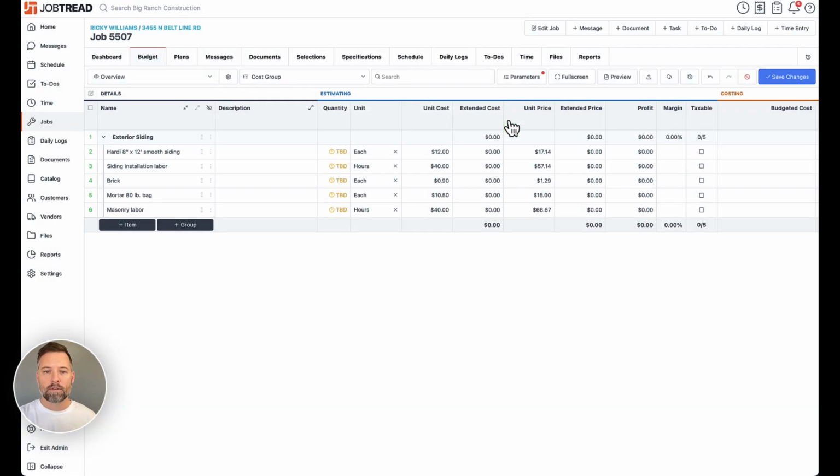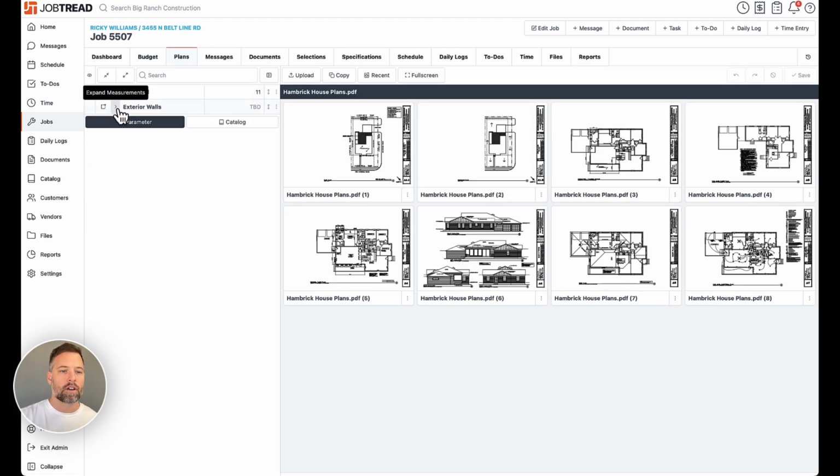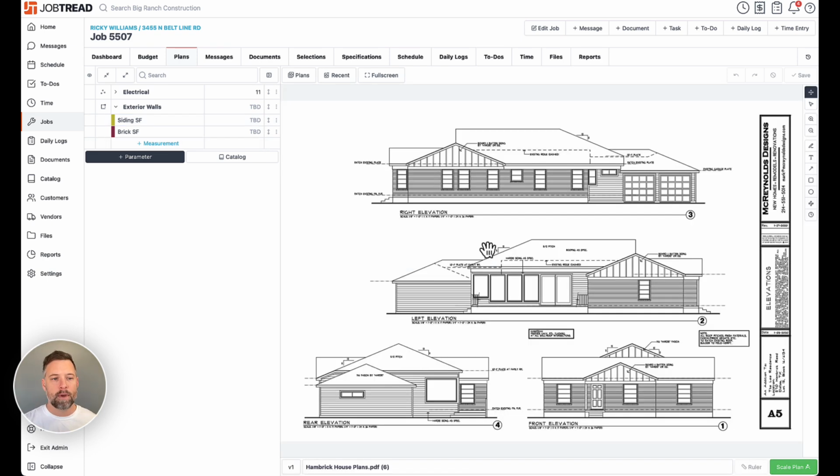So when I save this, notice how my quantities are currently set to TBD. It's because I don't have a value for that siding and for the brick yet. But if I skip directly over to my plans, then I can go in here and I can start drawing. So for the exterior walls, I'm going to open this up, and let's say I want to start measuring my siding square footage first. So I'm going to skip directly into my elevations here,